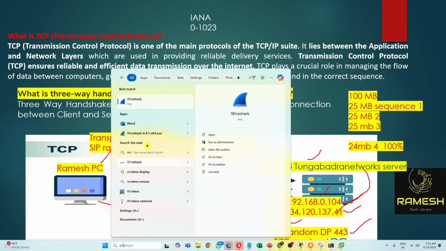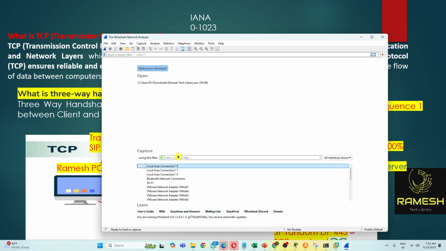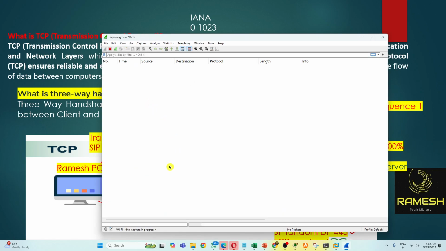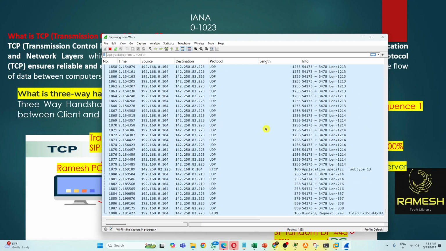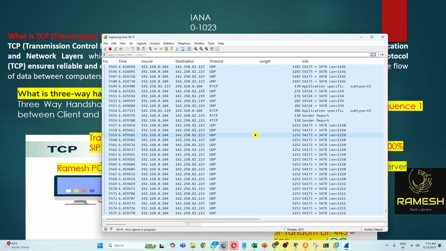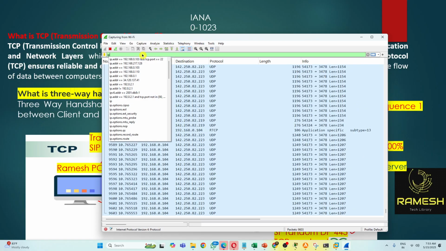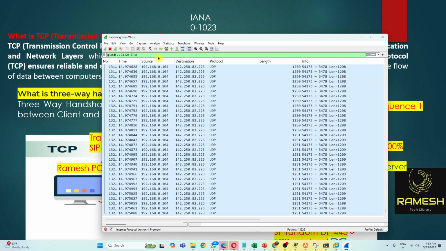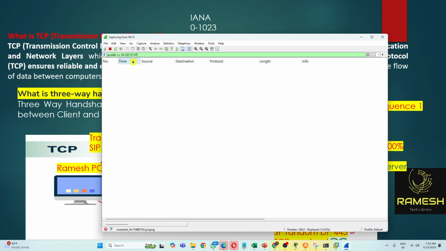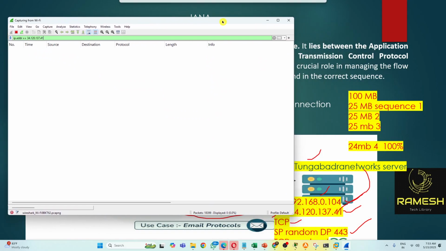So, Wireshark. This is my Wi-Fi. There are a lot of transactions, and I cannot see my website IP and my website transactions, so I'm filtering. I already filtered. So I'm filtering my website transactions. Now let's keep this to one side. Okay, I want to open my website.